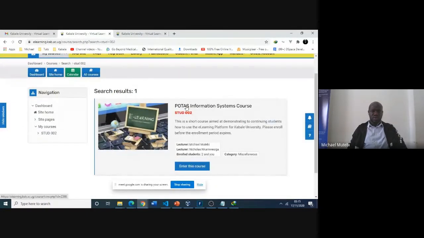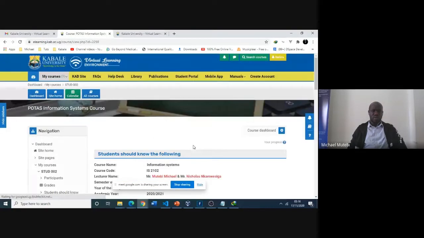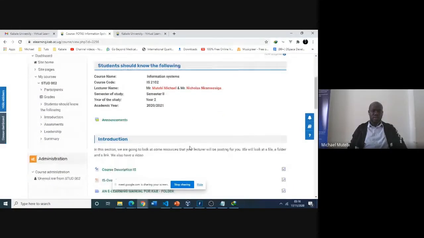This is the course. This is the image for the course. And these are the lecturers, so you enter the course. I'm currently enrolled, but if you're not enrolled, you enter the course and then you enroll yourself into the course. So after enrolling into the course, you'll get to the course dashboard, and then you navigate to